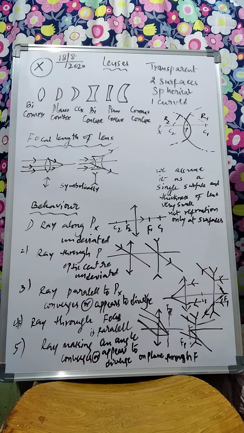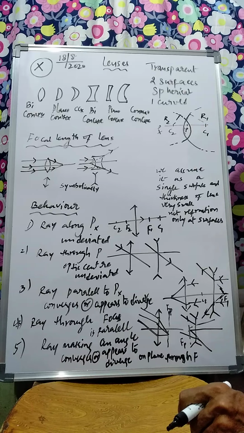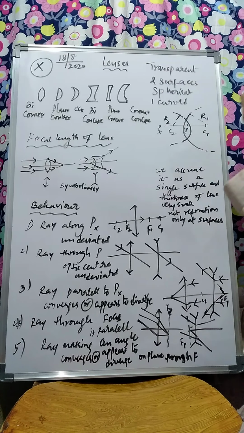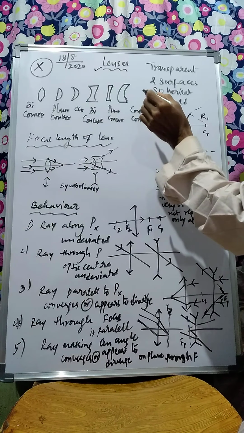Yesterday we saw the various types of lenses, and what refraction and reflection are, and the formulas for curved mirror surfaces. Today we will see what the types of lenses are. What is a lens?